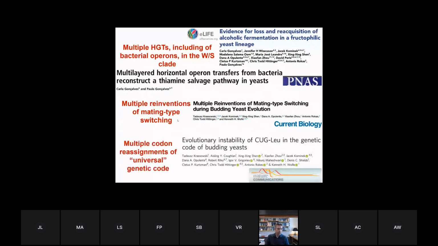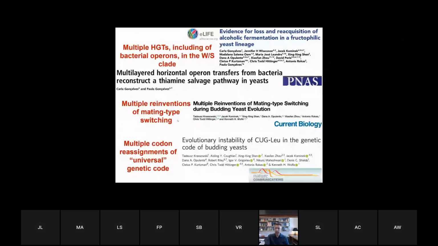And also, Ken has been able to study the genetic code. Until very recently, yeast were the only known example of using a different genetic code for their nuclear genome. There was a recent paper in eLife that identified a few candidates in the bacterial domain that may have also reassigned their codons and work with an altered genetic code. But